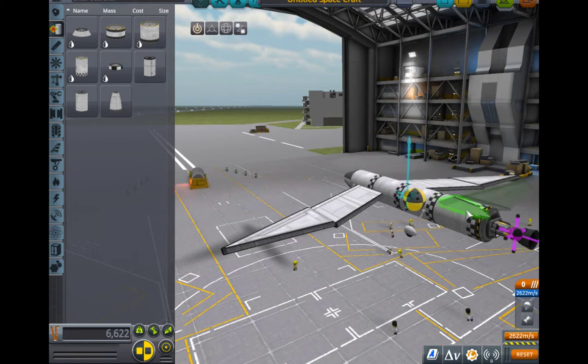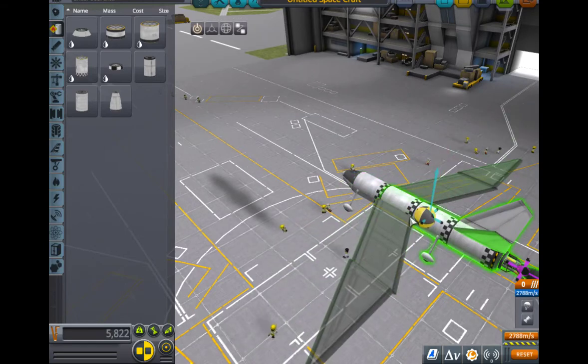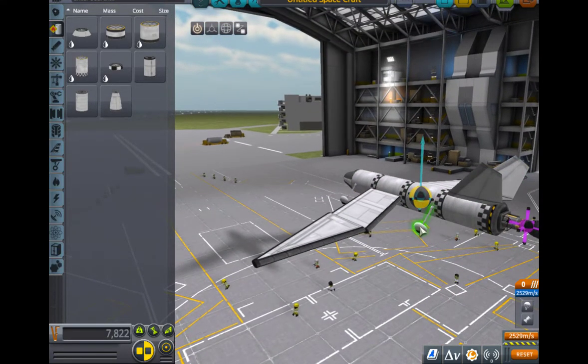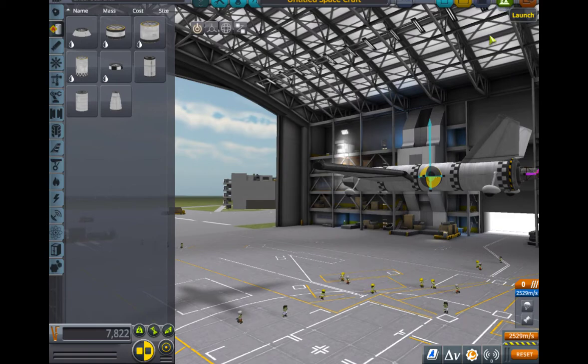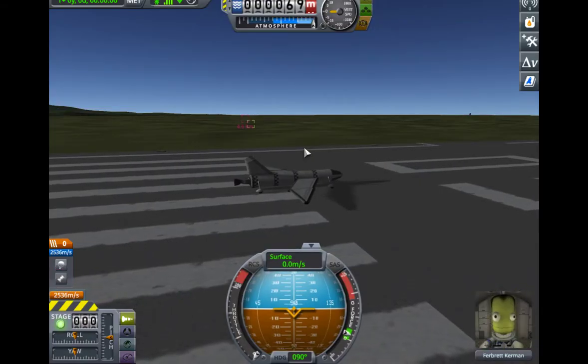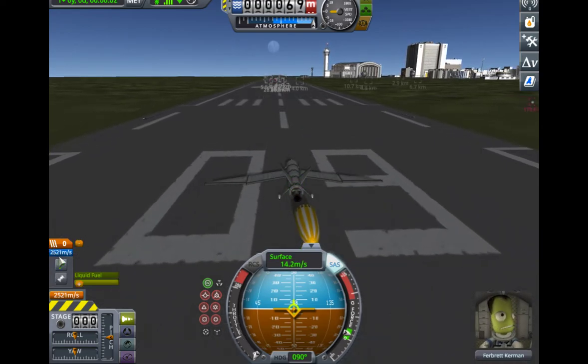Come on guys, pay attention. Now, SAS can help combat this, but it's not always enough. So, we got our wheels and stuff. Let's see what happens. Now, it doesn't always happen. Sometimes you can lift off before it breaks your plane. Sometimes the effect is small enough that it doesn't matter. Just sometimes I mess up and it's like, oh crap, the parachute, cut the parachute.